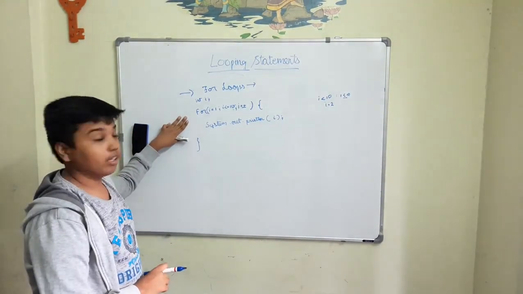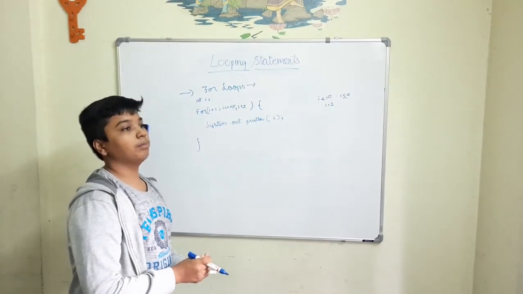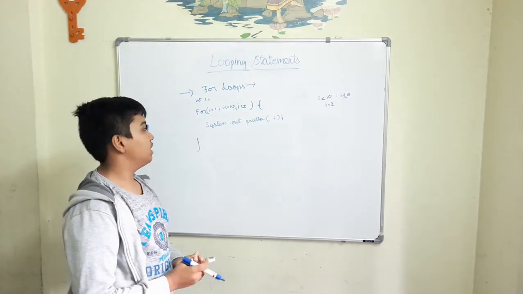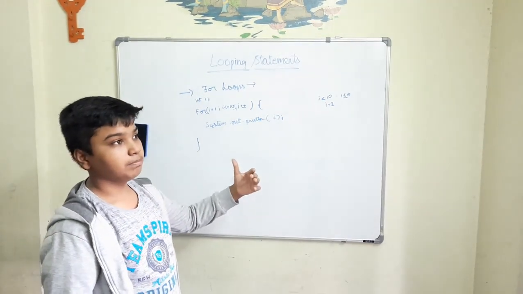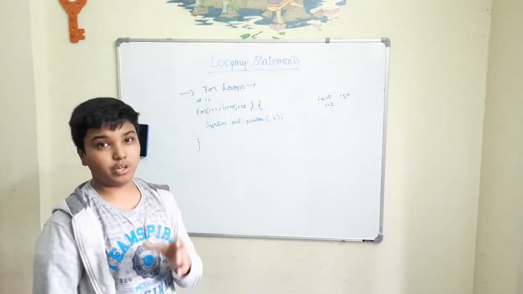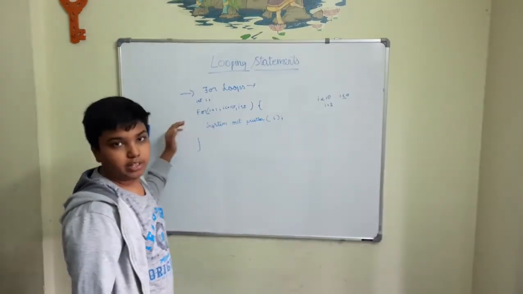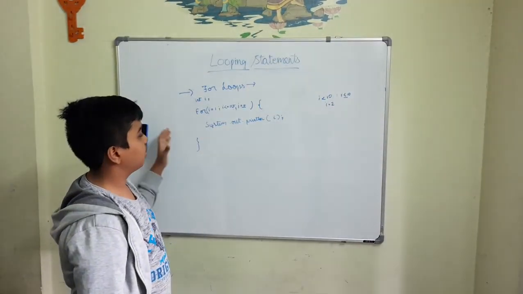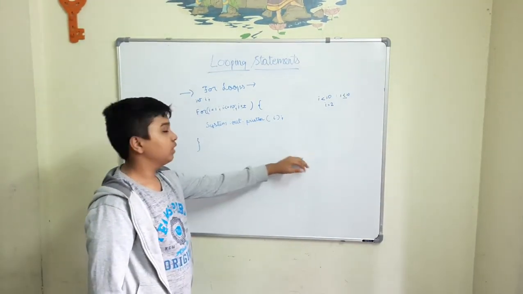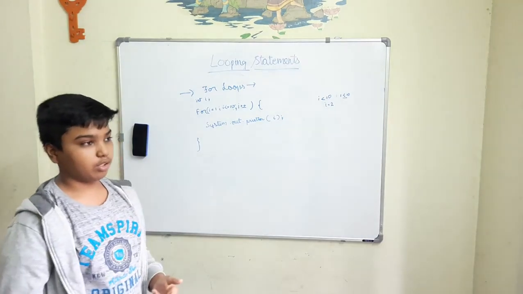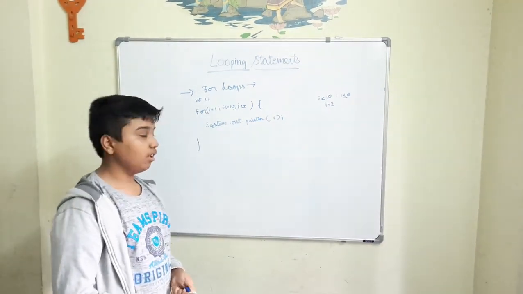This is the for loop. You can use it for many situations. For example, you have to input some objects to an array. You will use loops over there. You will take the object and then input it to the array. Like so, you can input a complete array. Arrays are other topics that you will learn in later classes. So that's just a basic example.